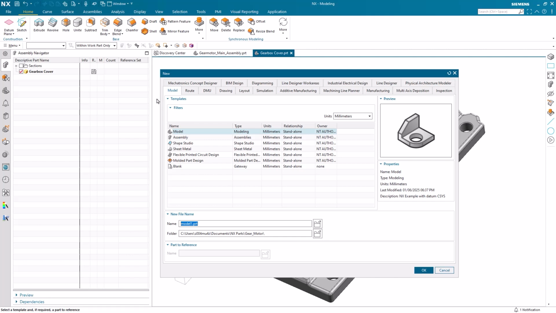Even within modeling, there are a variety of templates to choose from. Each of these templates will provide different design capabilities and interfaces optimized for your workflows. For our purposes today, we are going to stick with this first model option. One other thing to notice when creating a new part is the Units drop-down box. This is where we can select the measurement system we will use to define our new design.